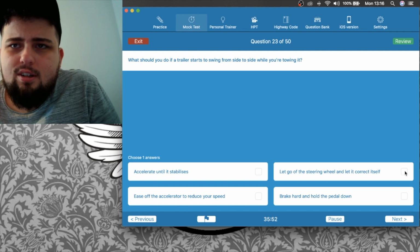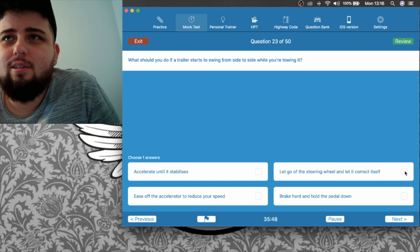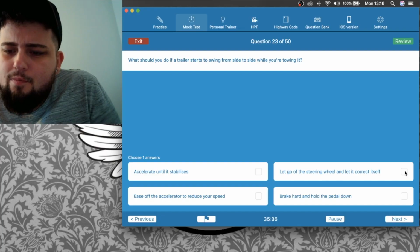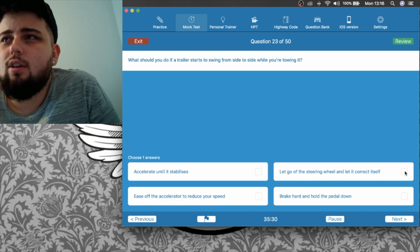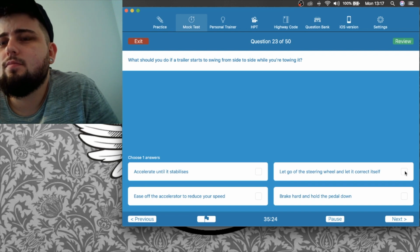Accelerate until it stabilises. I can get that. So speed up until it kind of naturally puts itself out. But then what happens if you've got a car in front of you? You can't accelerate. Let go of the steering wheel and let it correct itself. Oh, mate. Honestly, some of these answers. Brake hard and hold the pedal down. Well, no, if you do that, it's just going to snap one side or the other, isn't it? If it's already swinging and you slam your brakes on...